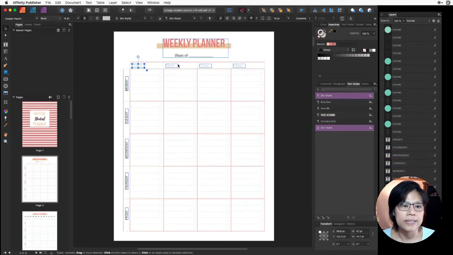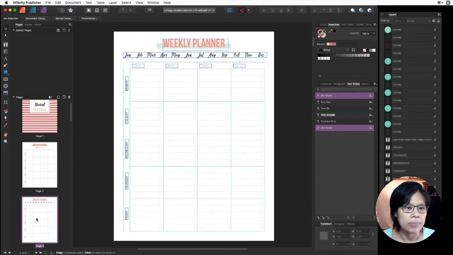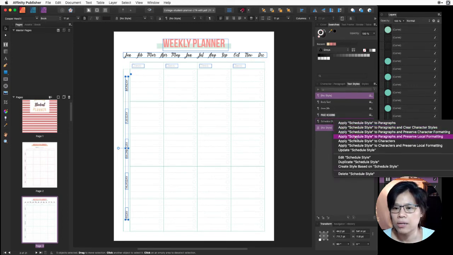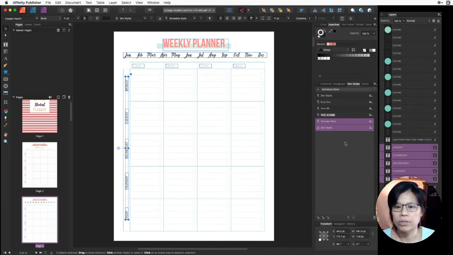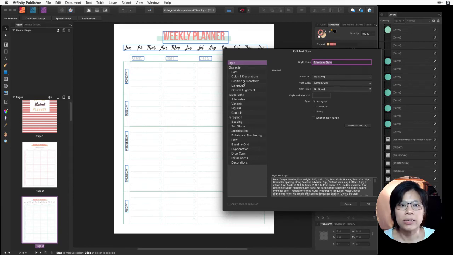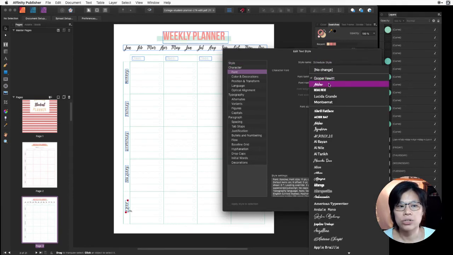Okay, and this is a little different. I'll probably create a different style for that. And then everywhere I see something similar, I'm going to go ahead and apply that style to it. I'm going to apply schedule style and clear character styles. Once I go through the entire document and define which style goes to which text, now I can go to, since I'm just demoing, this schedule style, double click it, and then maybe if I want to change that to something else, let me choose something more